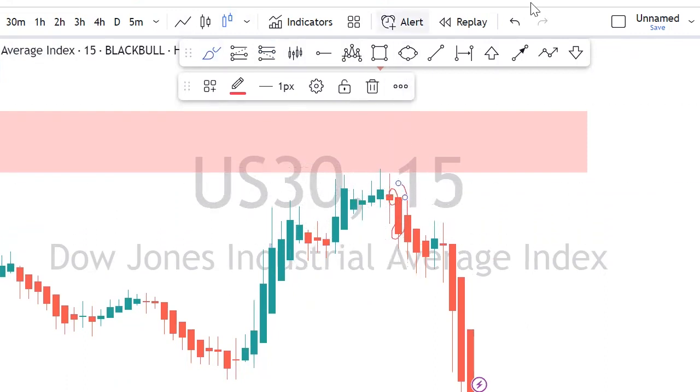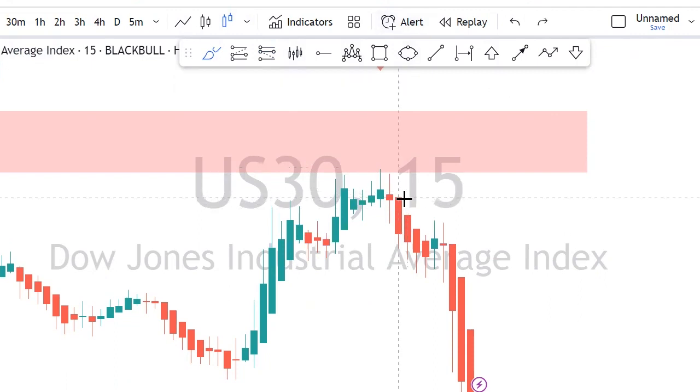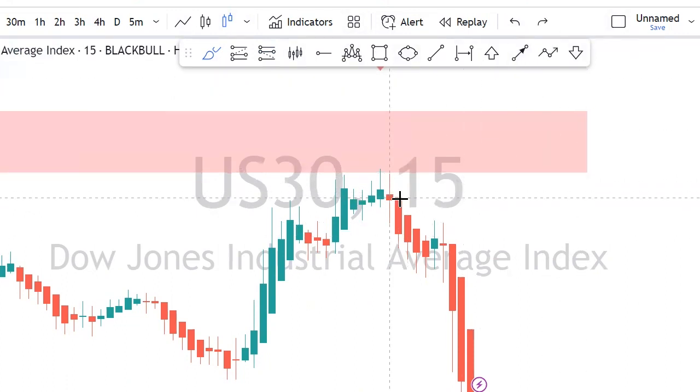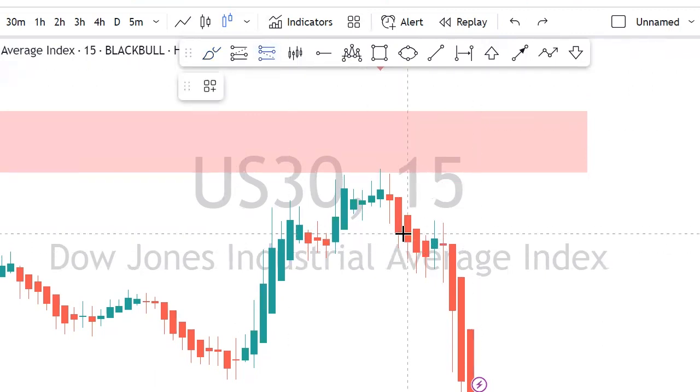Just focus on the second one. You can see we have no wick on top. We don't have this thing right here. That's what I'm referring to, a wick. It just opened and then sold off, which tells us that it is showing momentum. It has strength, right? So we open at the opening of the third